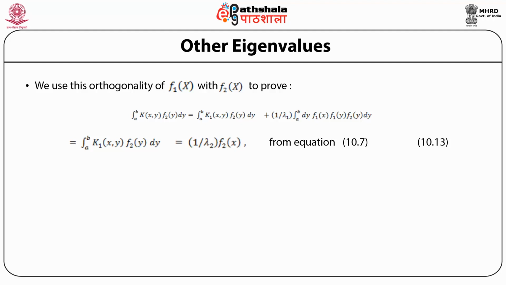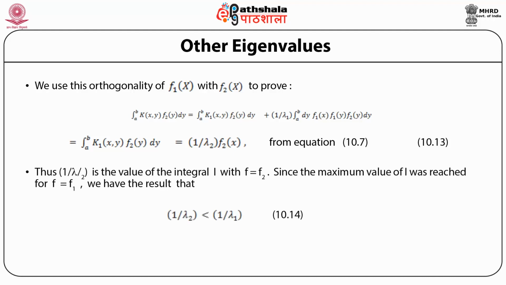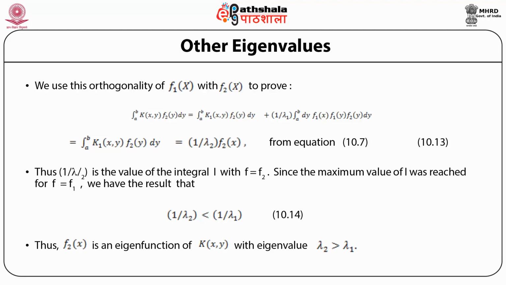This is done by using the orthonormality, which is equal to 1 upon lambda 2 f2x from the equation 10.7 earlier. Thus, 1 by lambda 2 is the value of the integral I with f equal to f2. Since the maximum value of I was reached for f equal to f1, we have the result that 1 by lambda 2 is less than 1 by lambda 1. Thus, f2x is an eigenfunction of the kernel k, a function of x and y, with eigenvalue lambda 2 greater than